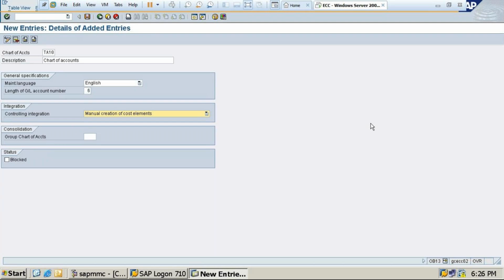That means when I am creating a GL account, it will generate one number. But in Tally it is not like this. Directly we are creating general ledgers. Like I am creating rent paid account, so directly we'll create. If I am creating ICICI Bank, but in this case one GL account number also will generate. It means we have to give it, then only we'll be able to create the GL. Understanding, students? Without giving the number, we cannot create any GL. So in that case, I can say it is mandatory to create the length of GL account number.